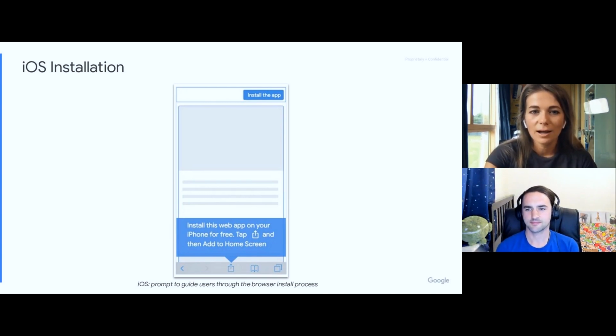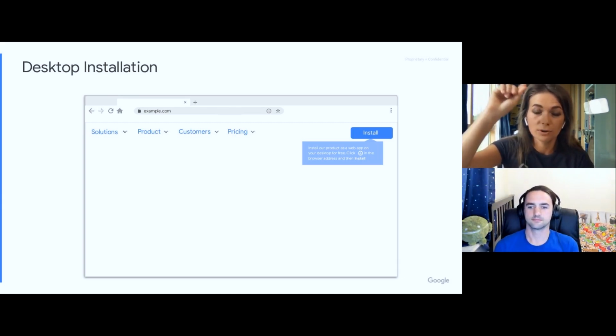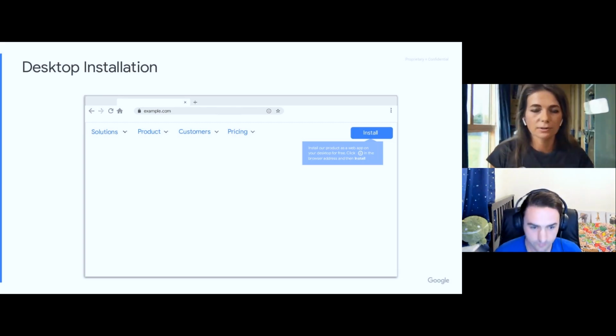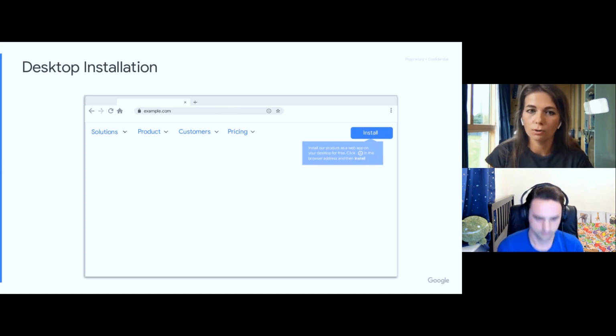The same goes for desktop; it's also possible on desktop. Progressive web apps can be installed on Chrome and Edge browsers, and here you also need to guide the user through the process, because an icon is going to appear in the Omnibox in the browser bar, and it's going to wiggle to draw users' attention. So again, you can consider providing UI prompts to make sure users are aware of how they can install this.